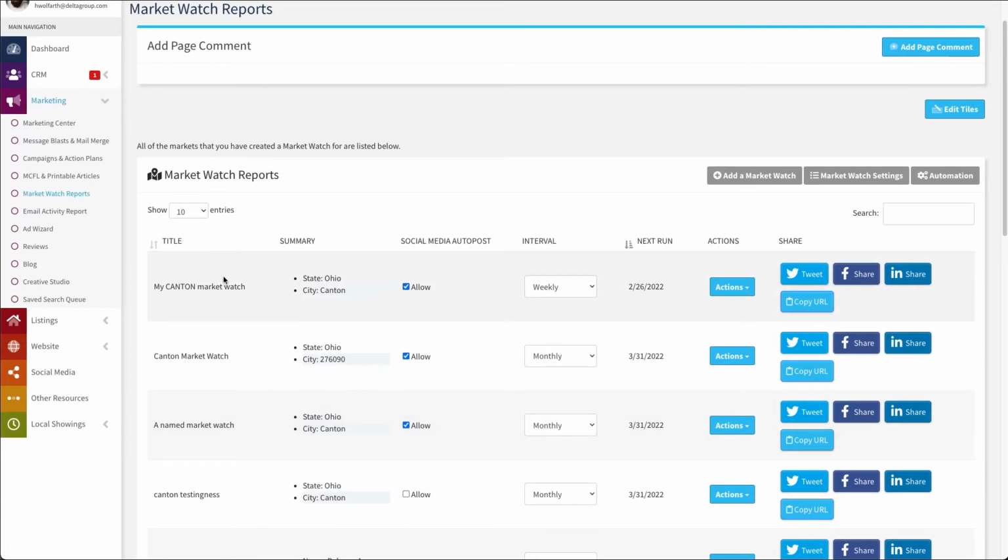And just to give you an idea of the contents of each of these, you have your Marketwatch title, you have just a basic summary, basically the area that it's looking at. You have whether or not you're allowing it for social media auto post. So the idea is if you have social connector turned on, if you click on this social button, you can sign into a Facebook account, an Instagram account, a LinkedIn account, or a Twitter account, and you can have these Marketwatches automatically posted there. The way that works is on this next run date, that's basically when this report will